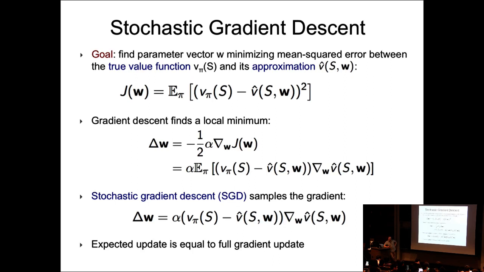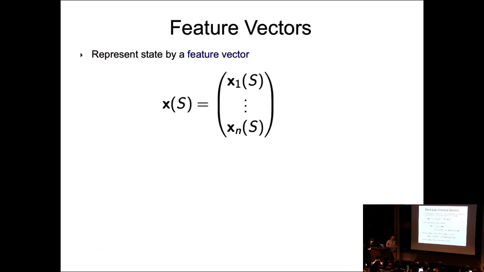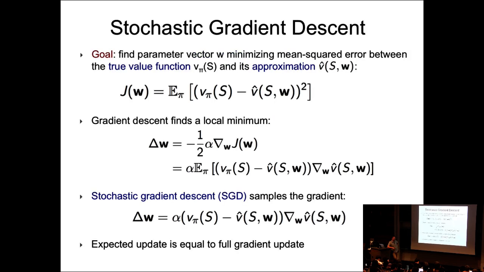One thing to point out: in stochastic gradient descent, the expected value is equal to the full gradient update. So that's why we can use stochastic gradient descent. Precisely because if I take an expectation of this quantity, it will give me the correct gradient. So on average, I'm going to be moving in the right direction by doing these stochastic gradient descent steps.